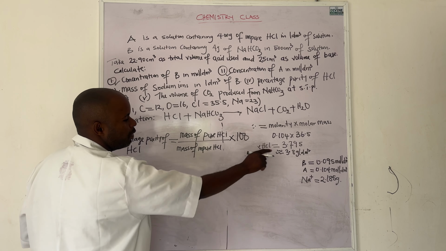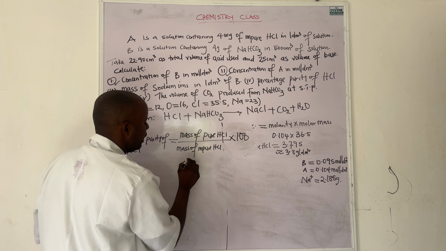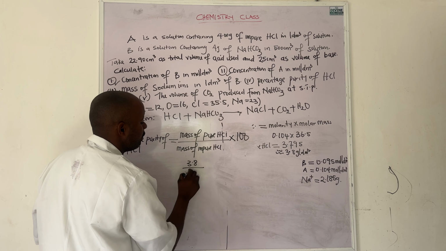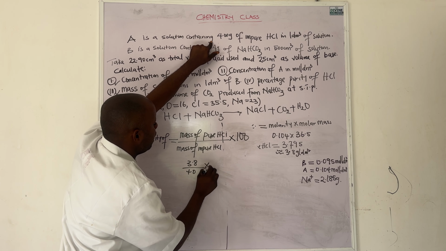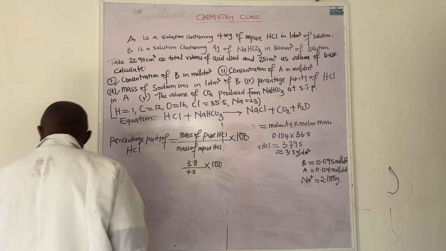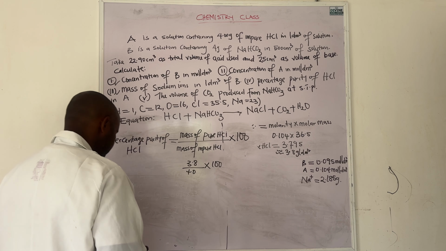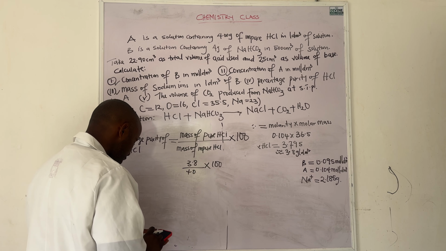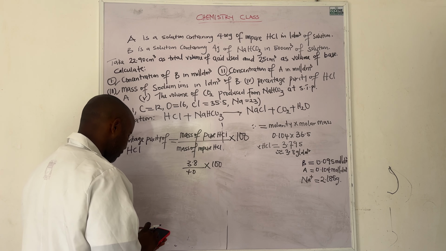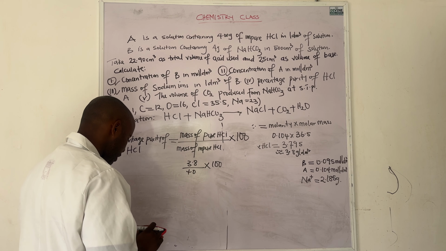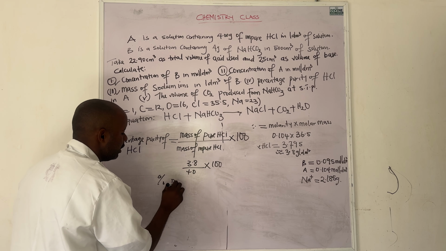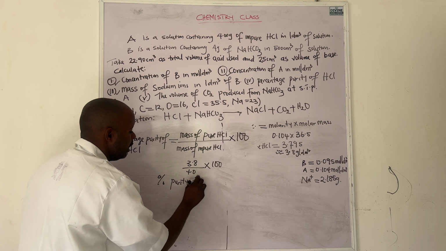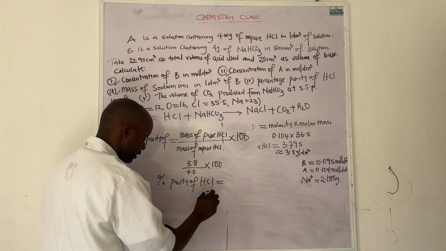Mass of pure, we got 3.8, all over what is given to us. The impure is 4.0, times 100. So 3.8 divided by 4.0 times 100. So we have the percentage purity, that is the percentage purity of HCl is